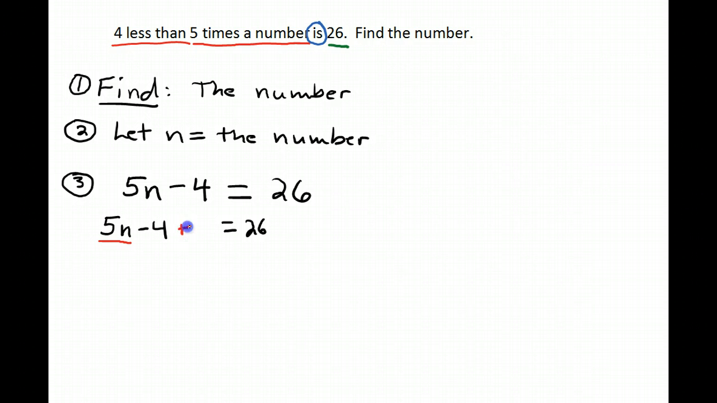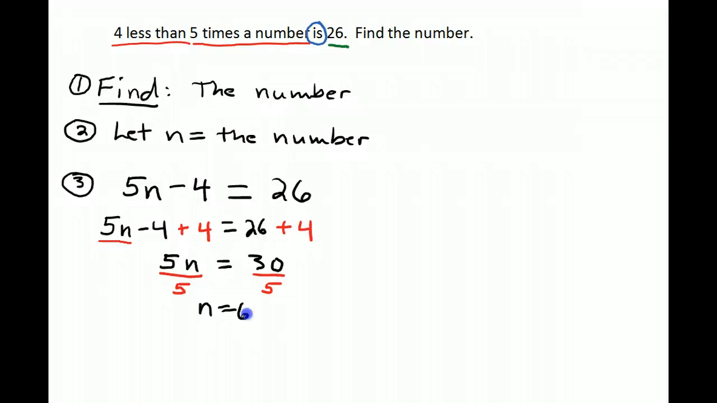To undo a -4, we add 4. And if we do it to the left side, we must do the same thing to the right side. So I end up with 5n equals 30. Now I'm solving for n, and I've got 5 times n. So to undo the multiplication, I'm going to divide both sides by 5, and my solution is going to be